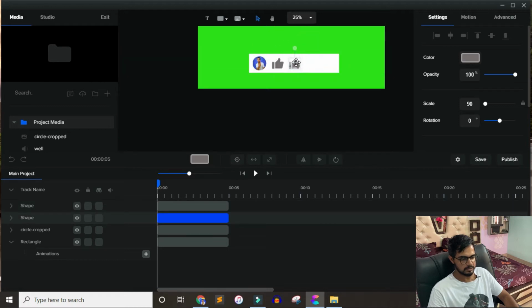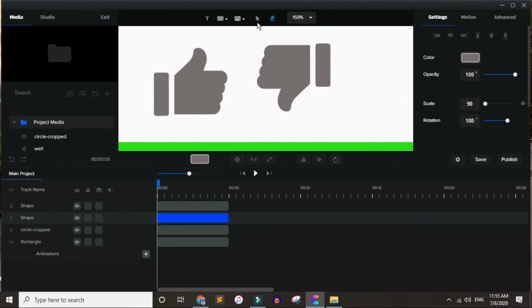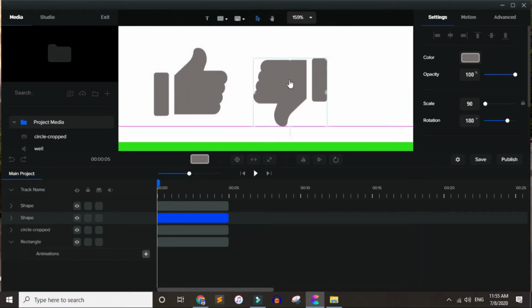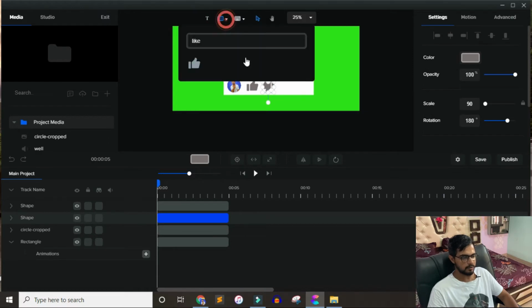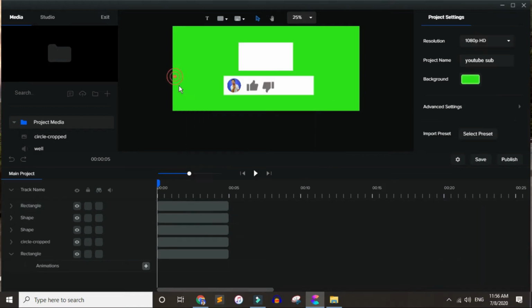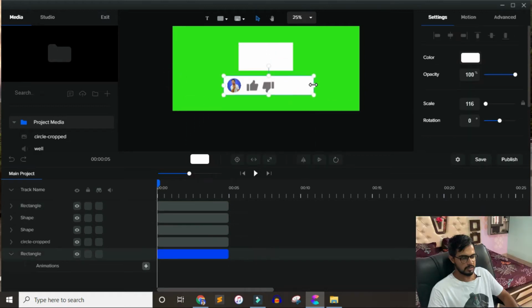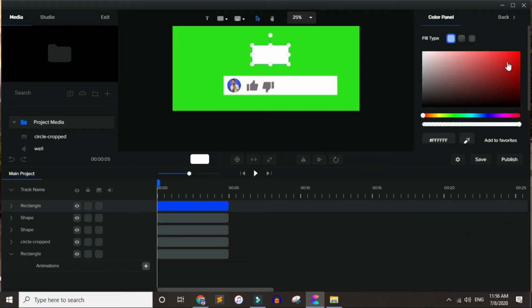And for this one I'm going to rotate it. Again zoom in. It looks better. Now we are again going to import a rectangle. I'm going to increase its width a little bit, and change its color to red.